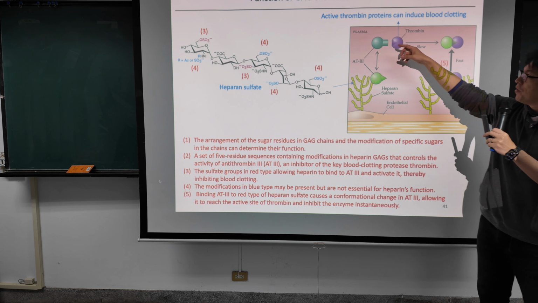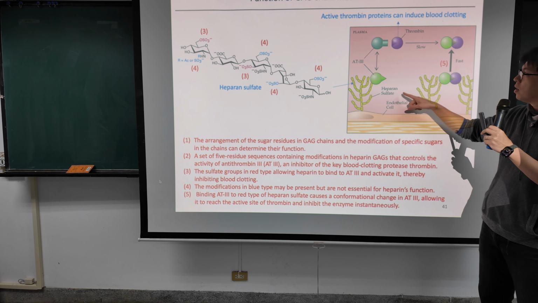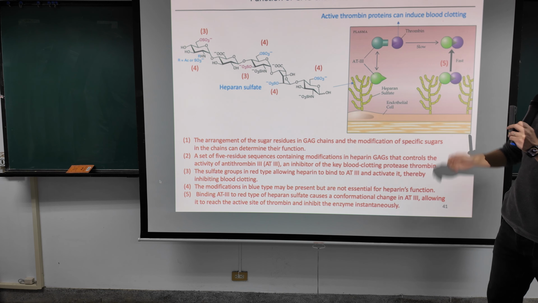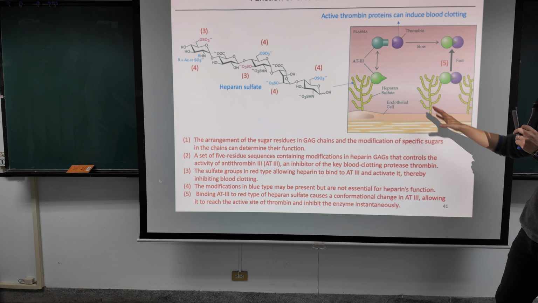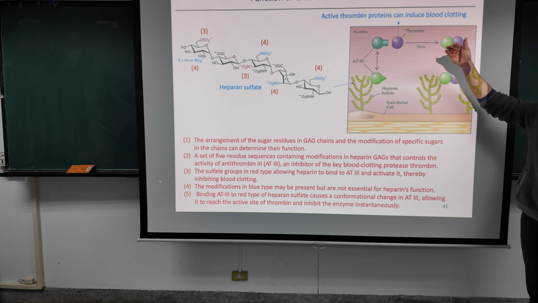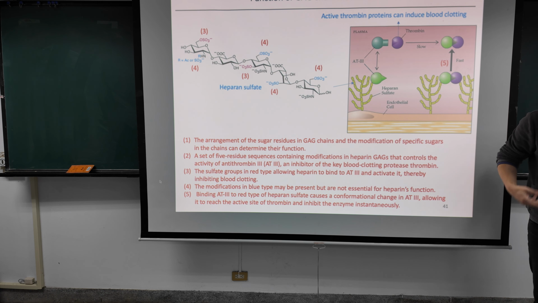Binding of AT3 with the heparin sulfate will activate AT3 and inhibit thrombin and suppress blood clotting. If you have no heparin, you will have inactive AT3 and active thrombin, and then trigger a lot